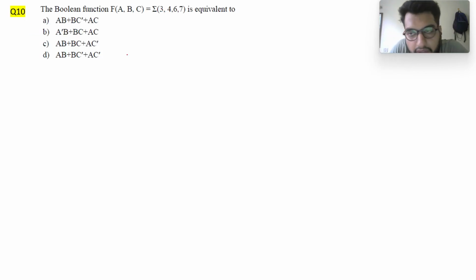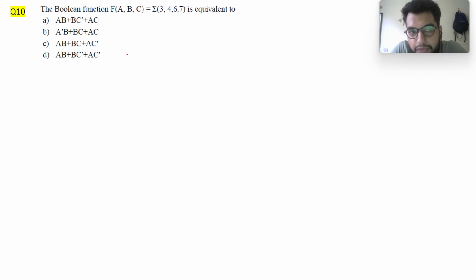Now, I have this question number 10. I would like you guys to do it first. I think you have to construct a three variable K-map. It should not take that much time, so I'll give you 3-4 minutes. Kindly do it. The function f of a, b, c equal to summation of minterms 3, 4, 6, 7